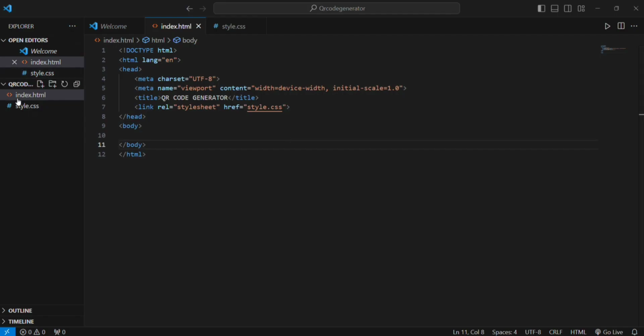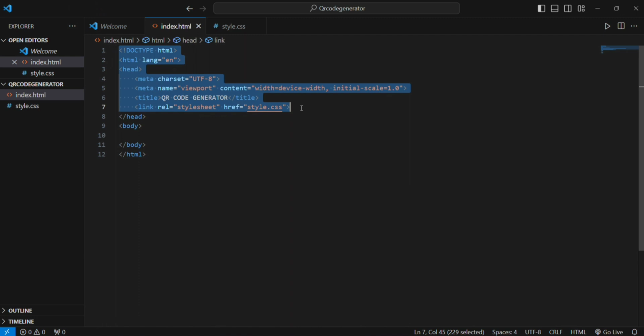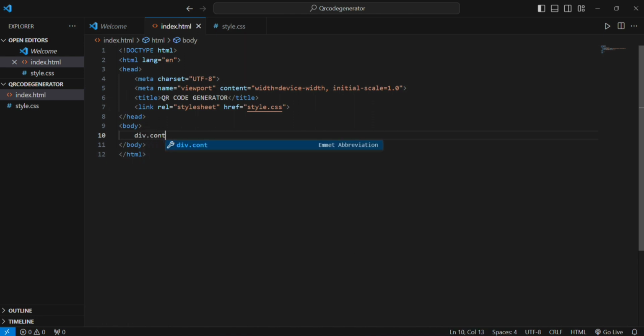We basically will have two files. One is HTML and one is CSS. And I have added basic boilerplate and linked the CSS file. And the title we have given as QR code generator. Now we'll create a div with class container, and inside this we'll create one para